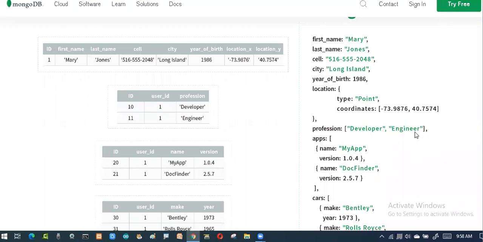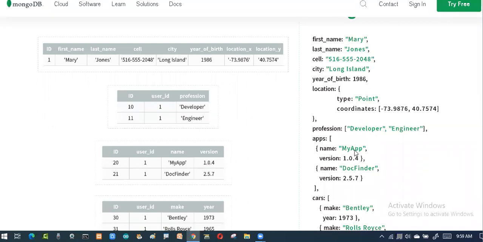I was talking about the example of phone; now here you can say profession. He is a developer as well as an engineer, so two values. Whenever I have this, automatically the data will be stored in the profession table and it will be related to that particular ID. So this is a person. When I go with person ID 1, I'll get the entire data. But in the back end, it has been split into different tables and stored in different formats.